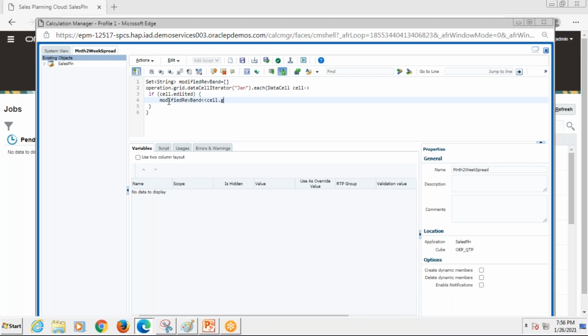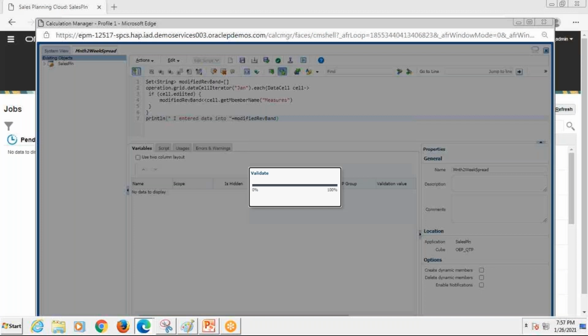So cell dot get member name, and the member name I want from my measure dimension. And that's it. After doing this, we should have that with us, and I can write I entered data into this MH plus, and this modified cell.